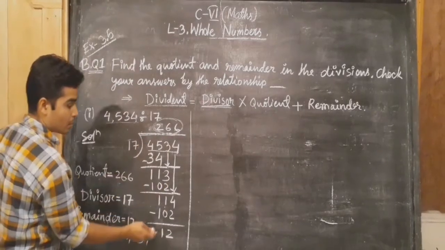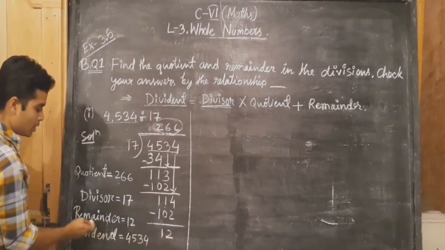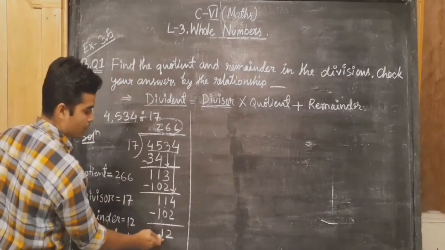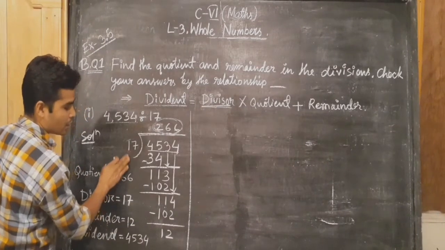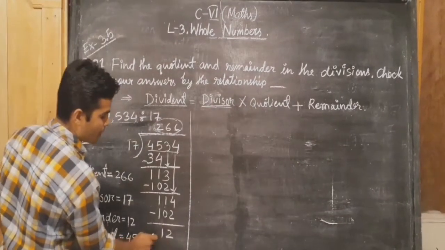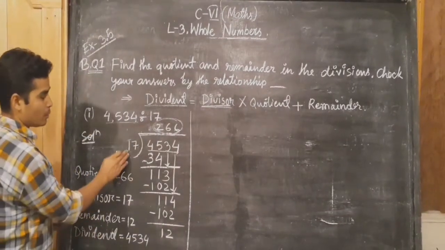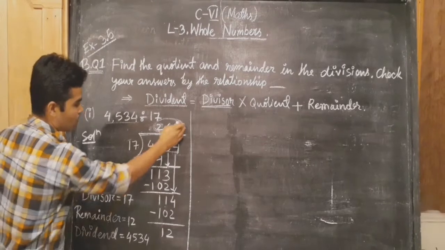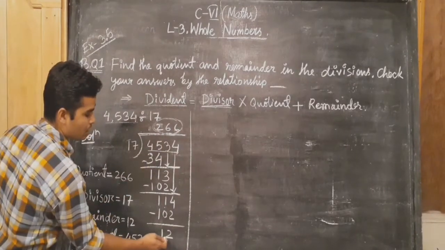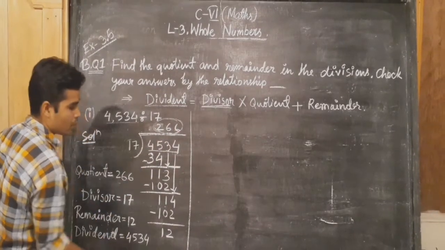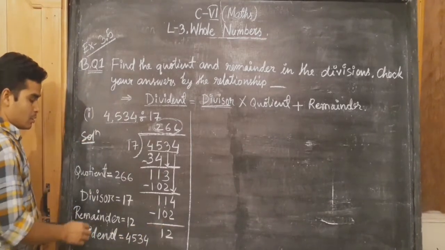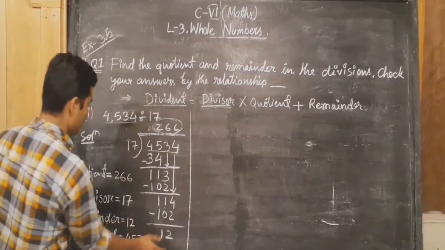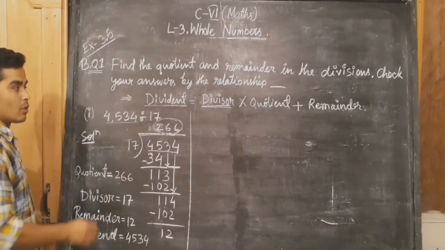And the number whatever left we include in remainder. So this number is remainder, because further we cannot divide this number. You can see divisor is greater than this remainder. So we cannot subtract 17 from 12. So that is why we consider this number as remainder. So this is the remainder. Now you have understood all the terms